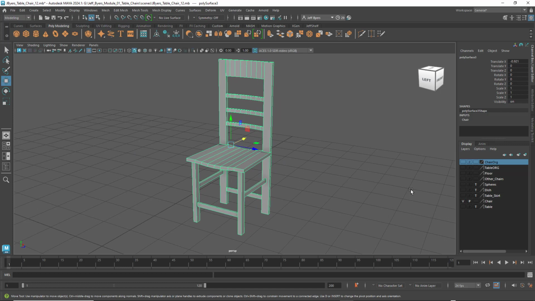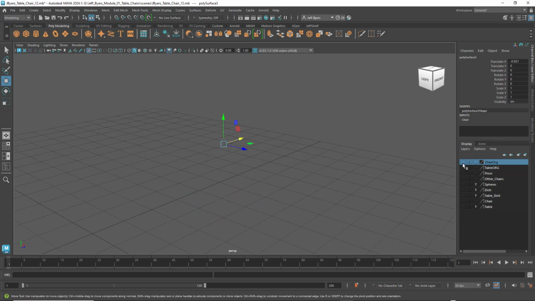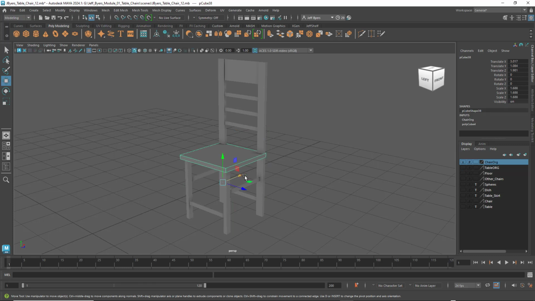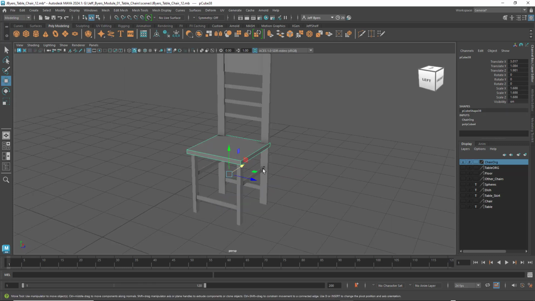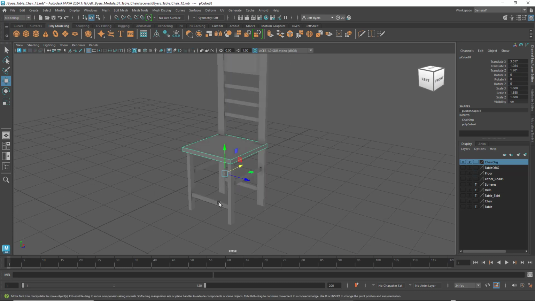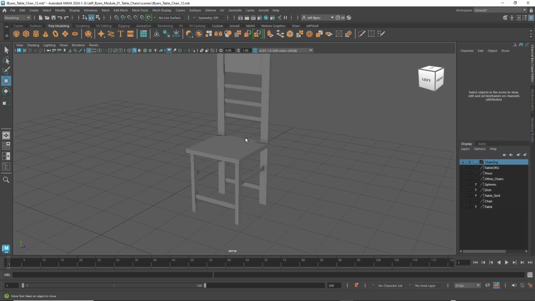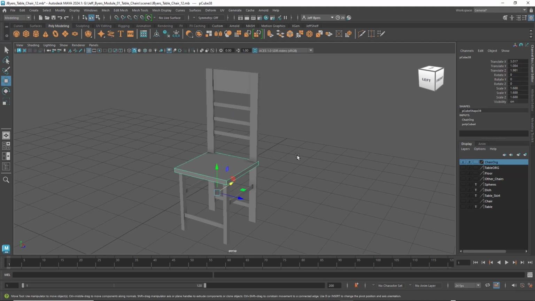I really don't need to follow the reference anymore, so I'm going to go ahead and turn that off. I'm going to turn my chair on that I've been working on. And I'm going to show you guys how to isolate things without having to put it in layers. So normally you would have to put all the stuff in layers and turn it off and on. You could do that, or you can just do Control 1. So you select the object that you want to